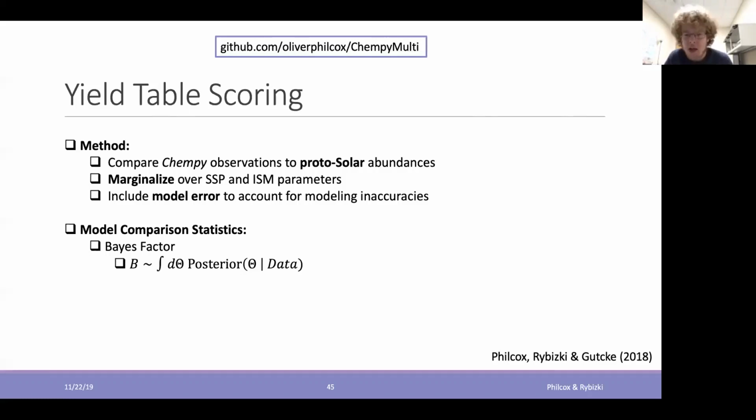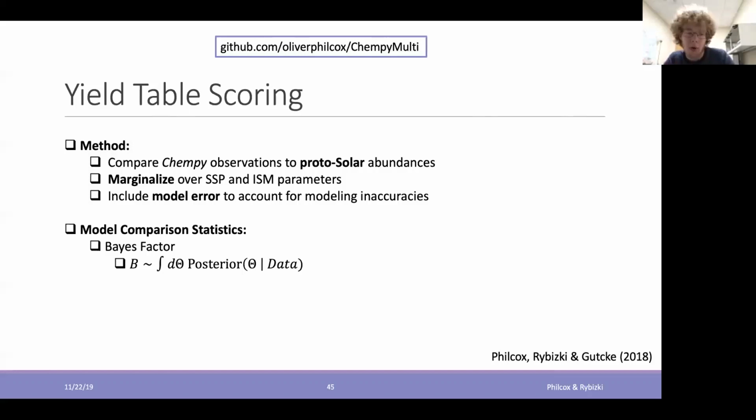Effectively, you take your likelihood of protosolar observations given the Chempy model, and a prior, and we simply integrate over all the parameters. Theta here represents the parameters controlling things like the initial mass function slope and number of supernovae. So this really gives us an idealized probability of a model.